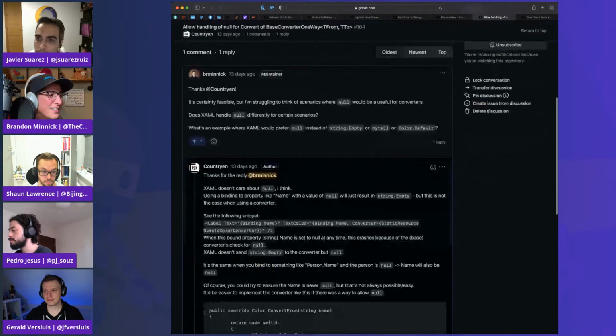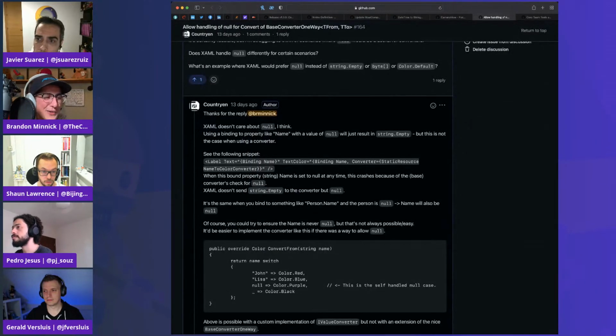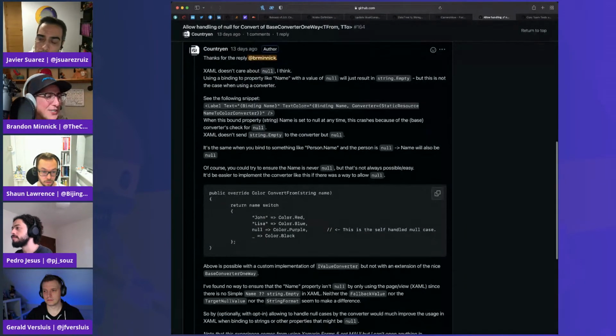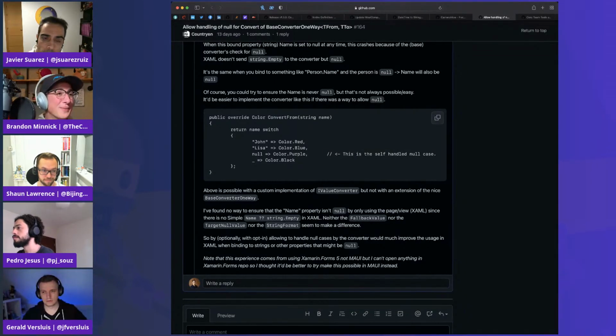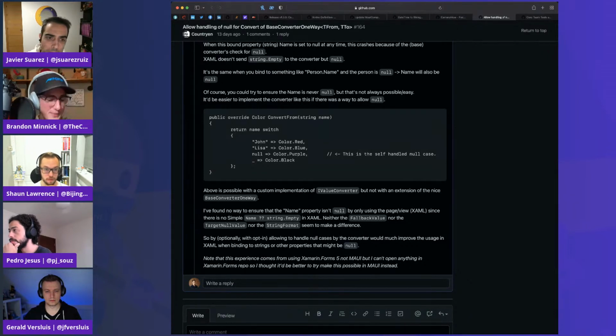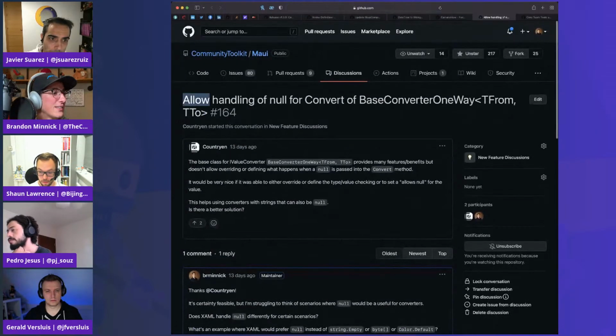I've kind of gotten to the extent where I'm like, I don't really know enough, but it sounds interesting. And so he gave a pretty cool explanation where you might want to use null, but I don't know. I'm not the expert. So we're going to defer to the community, and I'll say the other core team members as well. So let me drop that link in here as well so that we can join in on the conversation.